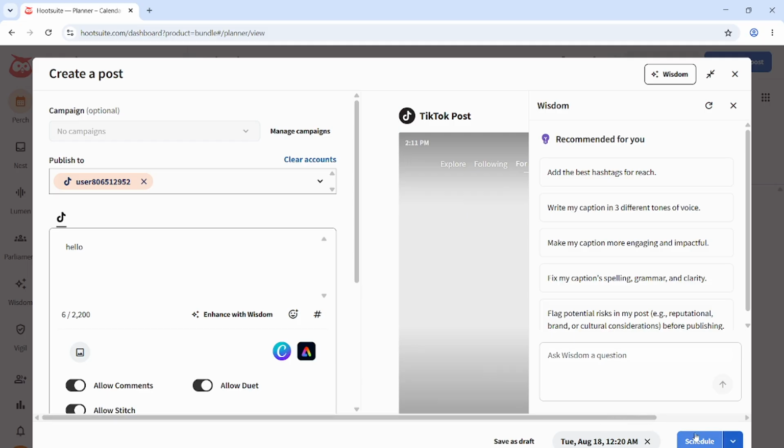This confirms the post and places it into your scheduled queue. After you schedule, you should be able to view the post in the calendar or scheduled items area, depending on how your Hootsuite layout is set up. If you see a confirmation message or the post appears in the scheduled list, that is a good sign that everything worked correctly. And that covers the full process for creating and scheduling a post using Hootsuite for social media